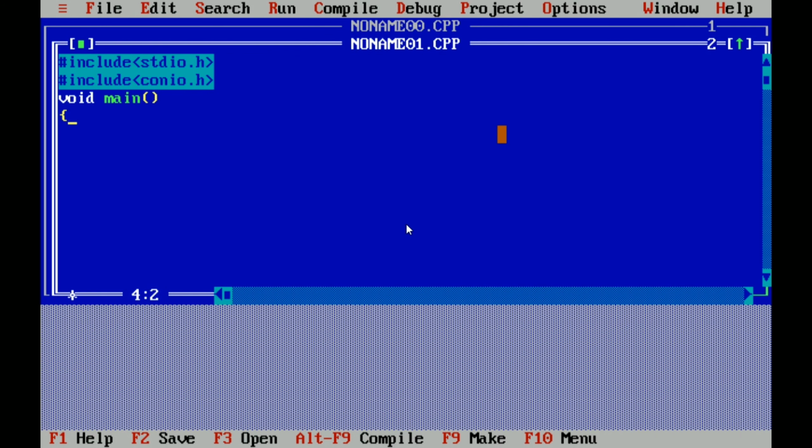Then here what we want to do, we want to print a message on the screen. So use the printf function and just use the double quote, and inside that double quote just write the message which you want to print on the screen. So here I am just using this message.